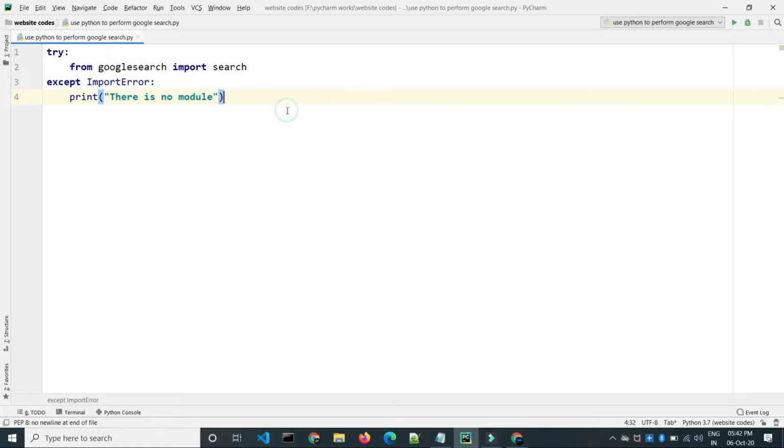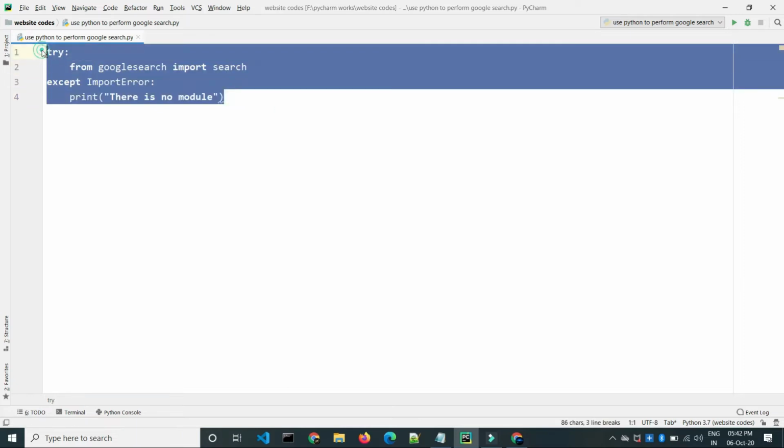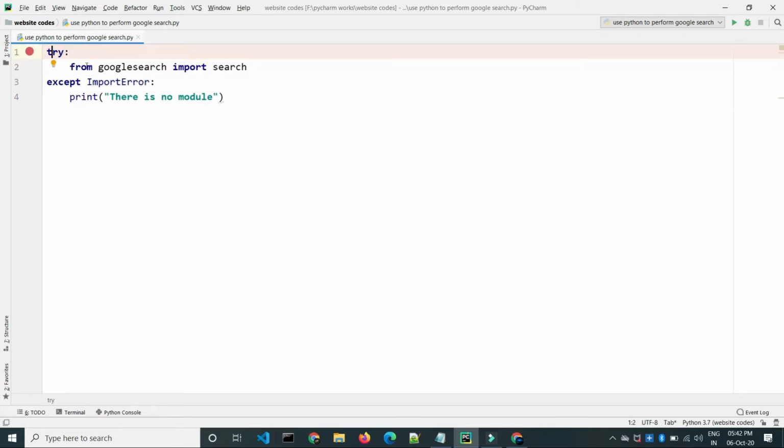So why are we doing this? If there is a problem in importing the google module, then you will be thrown to this line, using the except ImportError.